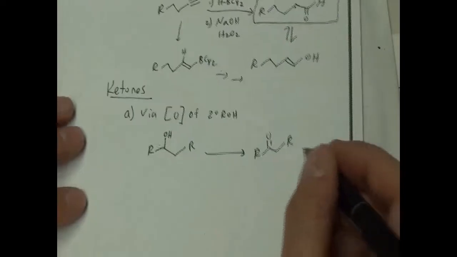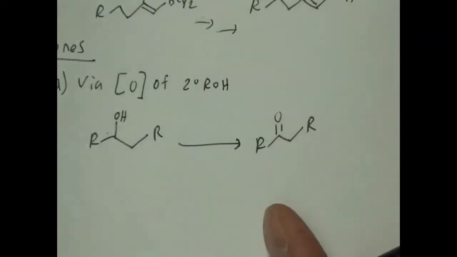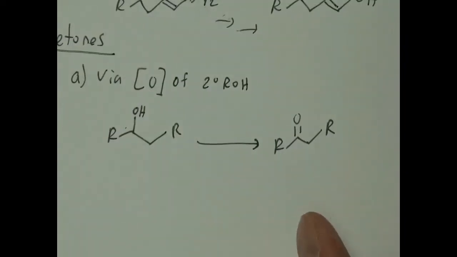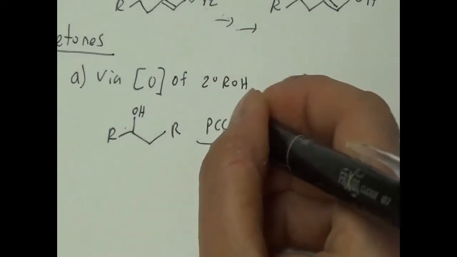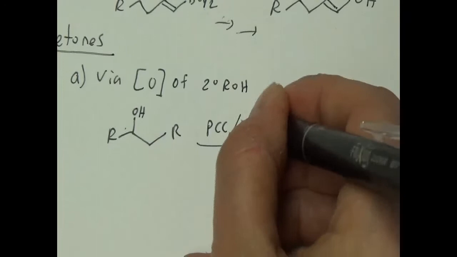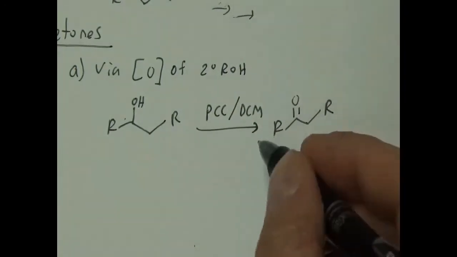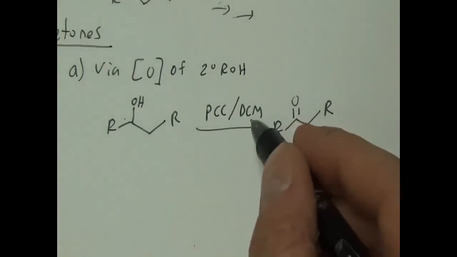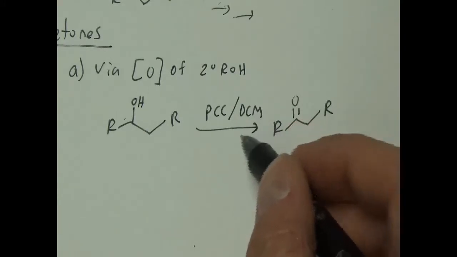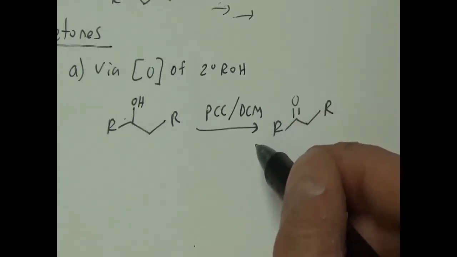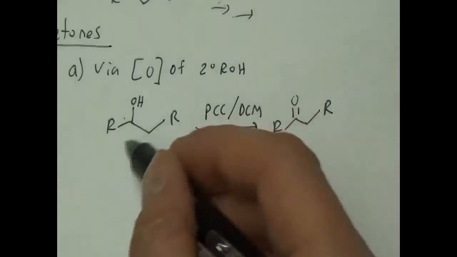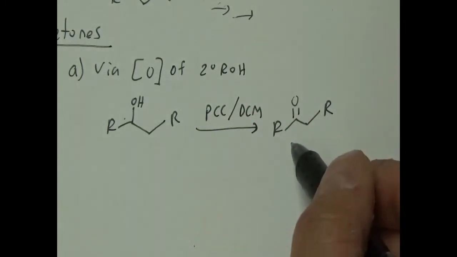Alright, what is the reagent to do this oxidation? It's kind of like the one we just talked about for aldehydes. It could be PCC, DCM, dichloromethane solvent. Now if you skip the DCM, that's not a big deal, but in reality it is really important to use DCM. But we don't have to worry about over-oxidation of a secondary alcohol the way we worried about over-oxidation of an aldehyde.